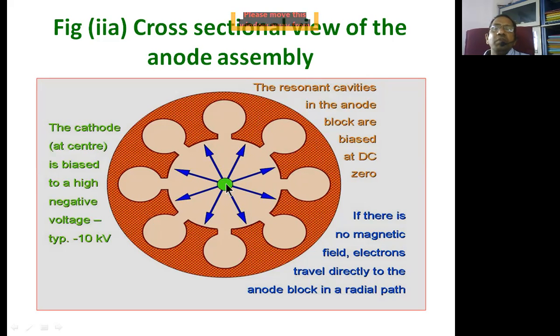Now imagine it is a cylindrical structure. I have just given you a top view of this. This is not a side view; it is a cross-sectional top view. In the exam also, you have to draw this cross-sectional top view and explain the operation of the magnetron. So just draw a circle here, and inside this circle draw these cavities like this, and inside this draw a circle once again.